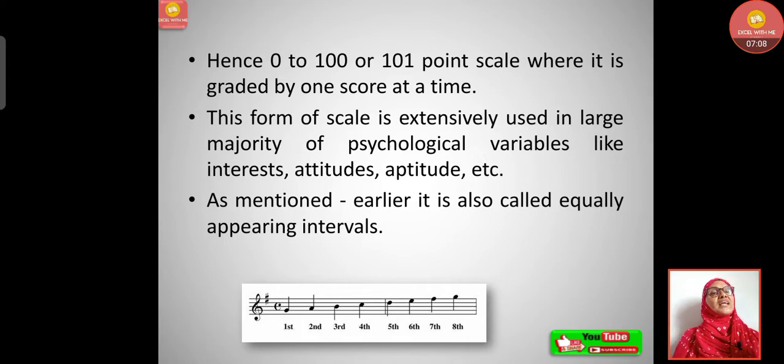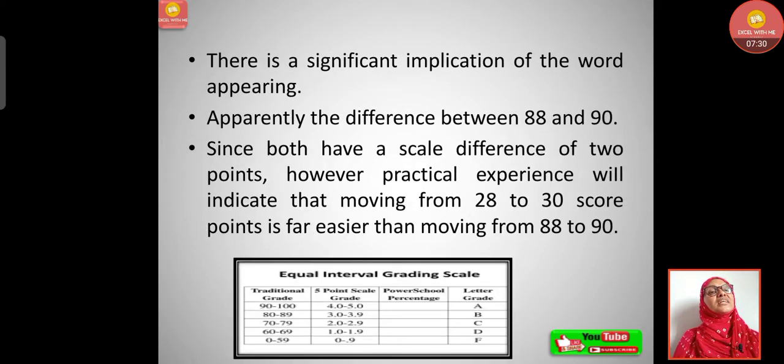This form of scale is extensively used in a large majority of psychological variables like interests, attitudes, aptitudes, etc. As mentioned earlier, it is also called equally appearing intervals. Like we can take 0 to 10, 10 to 20, 20 to 30, 30 to 40, equal intervals. There is a significant implication of the word appearing. Apparently, the difference between 88 and 90